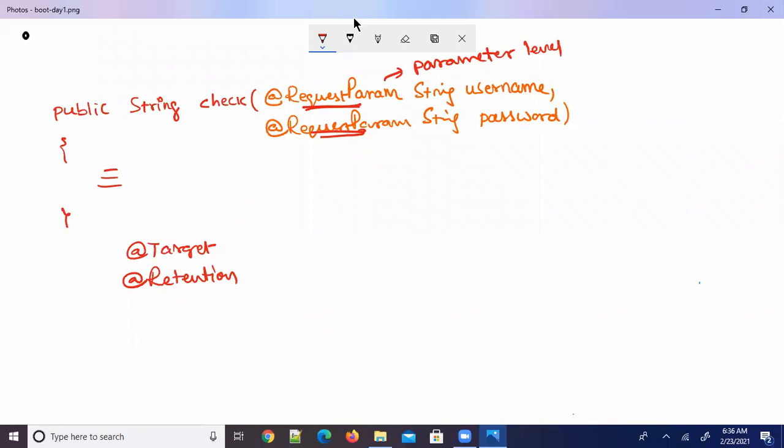These are all called element types: class level, method level, field level, constructor level. While creating an annotation, these two annotations, Target and Retention, from Sun Microsystems, are going to be used. So first I would like to give you a basic idea. Next we'll relate it with our Spring annotations also.